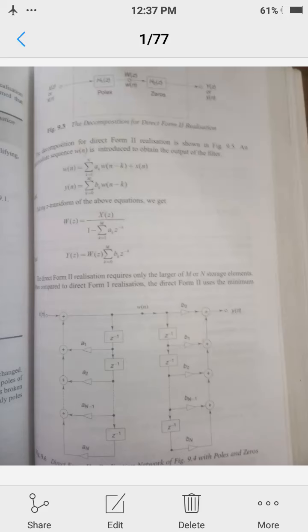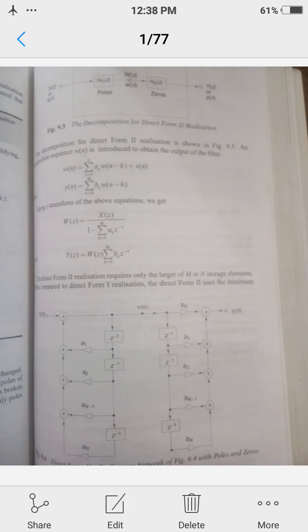Students, in DSP we are discussing digital filter realization, and we have already discussed IIR filter realization in direct form 1. This is a linear system and the order of these parts can be interchanged. Due to this property, the second realization, direct form 2, is possible, where the poles of the transfer function H(z) are realized first and then the zeros.